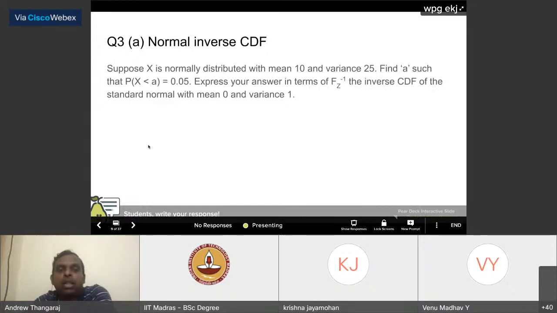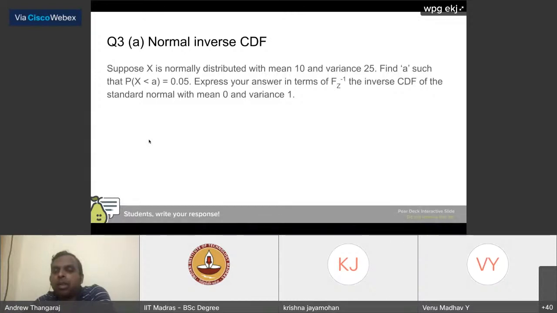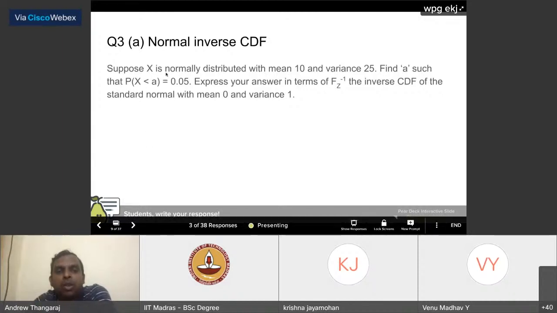Let's now move towards the slightly more tricky thing of this normal inverse CDF. I want you to write some answers in terms of the inverse CDF, because like I said, scipy.stats.norm.ppf, which is the inverse CDF, is very useful in calculations. If you're doing any calculations with data, it's a function that you often call. So it's good to write it out sometimes and get used to this.